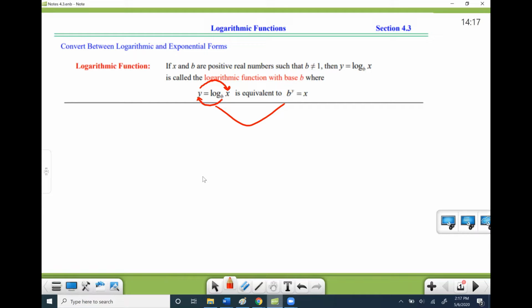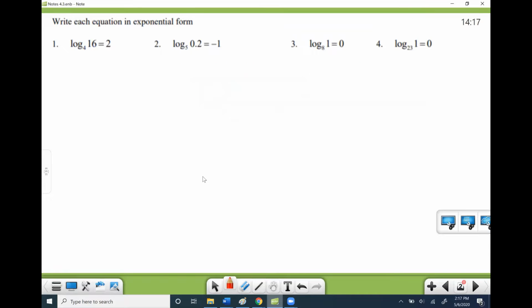So these are called logarithms, okay? So let's do a few of these. Write each equation in exponential form. So they're all logarithms. They want us to rewrite them as exponents. So here we go. We're going to use the hook method. So we're going to start with the base, 4 to the second power